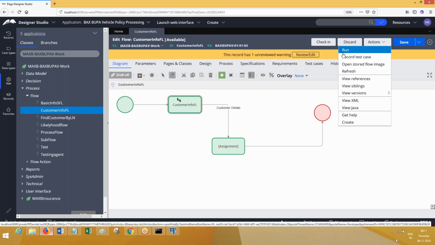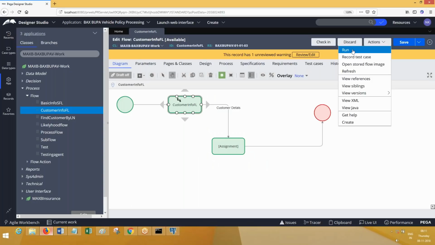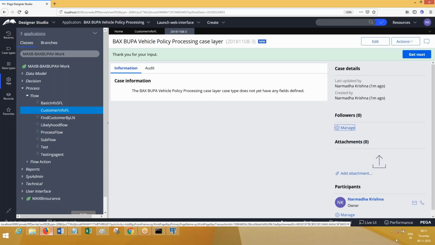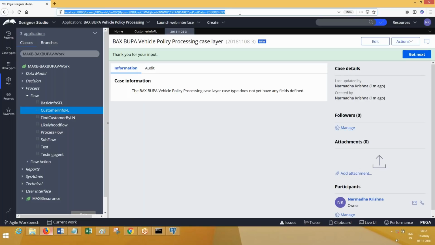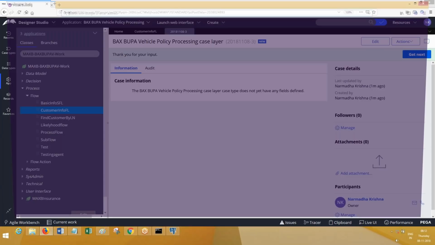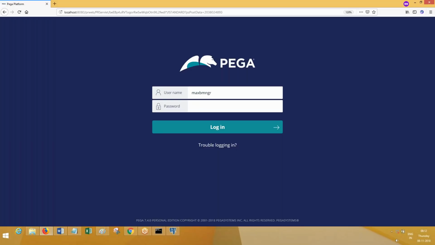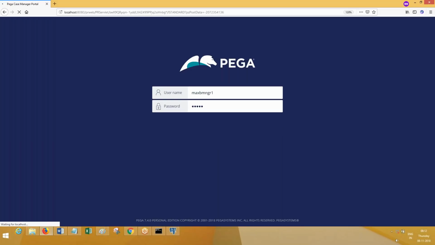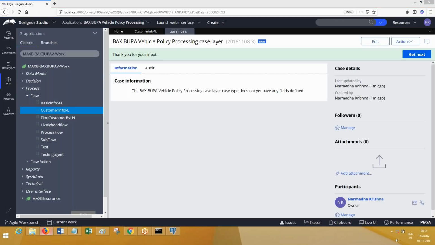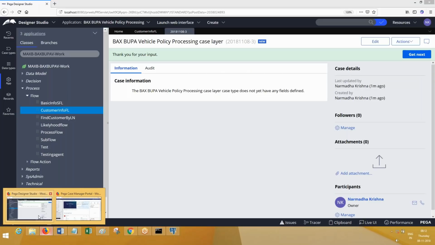Suppose I run this flow now, can I see assignment 1? I cannot see it. If I run the flow, assignment 1, customer details, it is a new harness. Previously we have seen customer details displayed to me. Now is that customer details displayed to me? It has been routed. Now when the manager MaxB MNGR1 logs in as part of his regular work, the password is the one we have taken. When you log in here, this manager should have access to the task which has been assigned to him. Now if you go ahead here, 2018 11.8.3. That is the case.